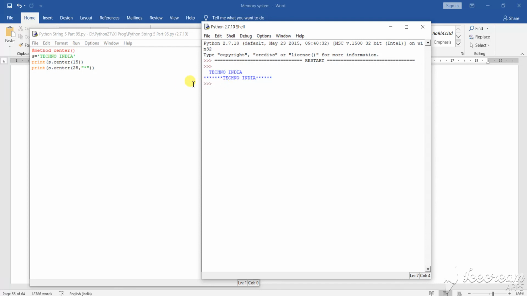So these are center applications in your Python program. This is how you can implement the center in your Python programming. This is how you design it.